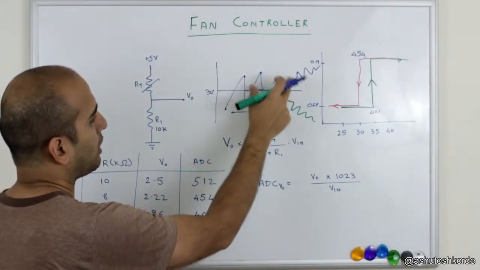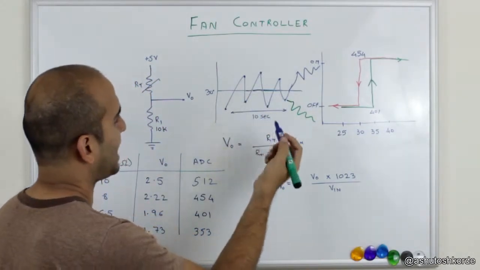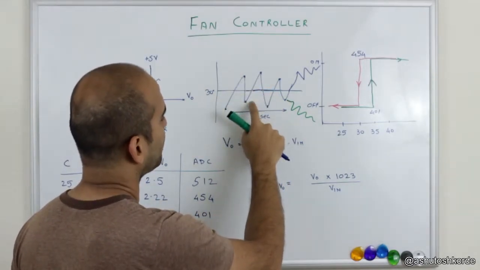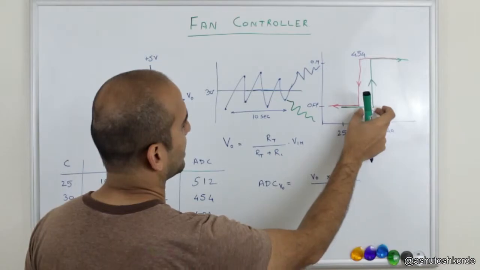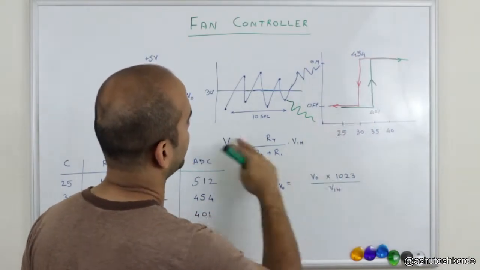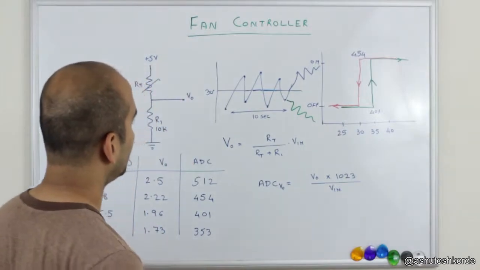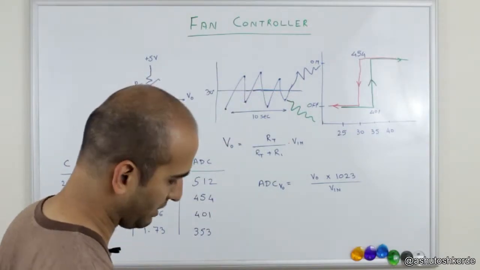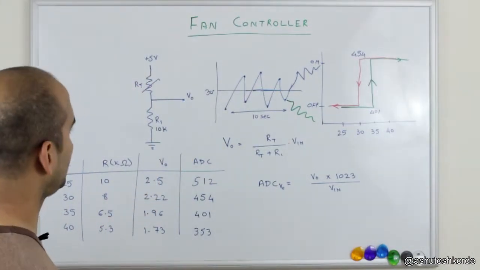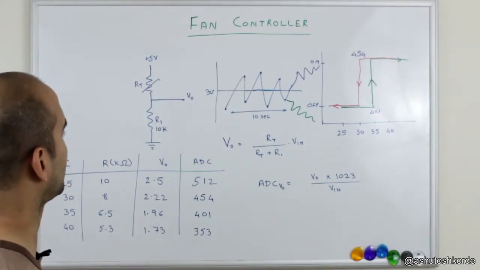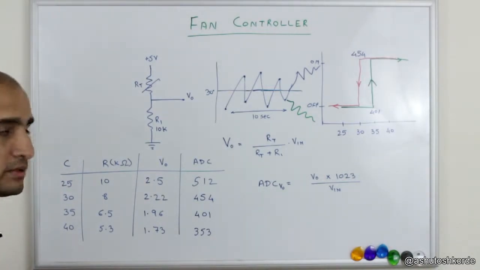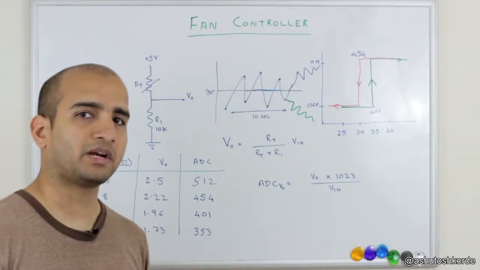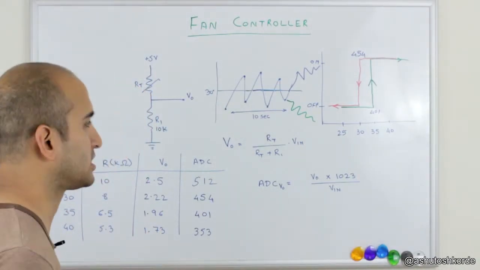So to avoid this, what we do is we sort of latch the system. What it means is once we turn on the fan, it won't turn off again unless there is a gap of 5 degrees between the two readings. So that is how we built hysteresis into the loop and take care of the noise that we get from the ADC. Those were the key scenarios that I wanted to discuss. And at this point, we are good to go ahead and design this system on the breadboard. But if you want to learn something more, just stick with me.